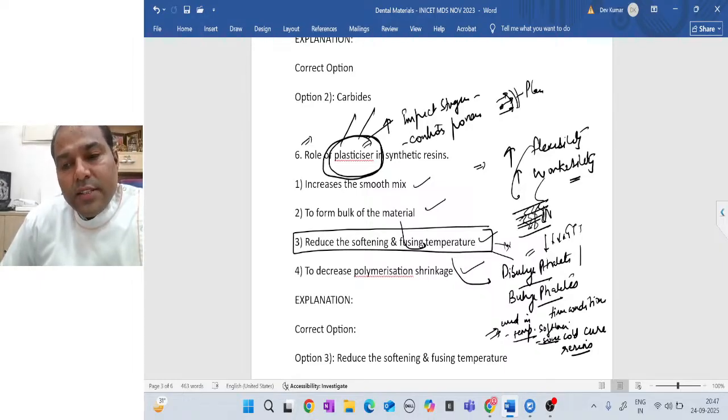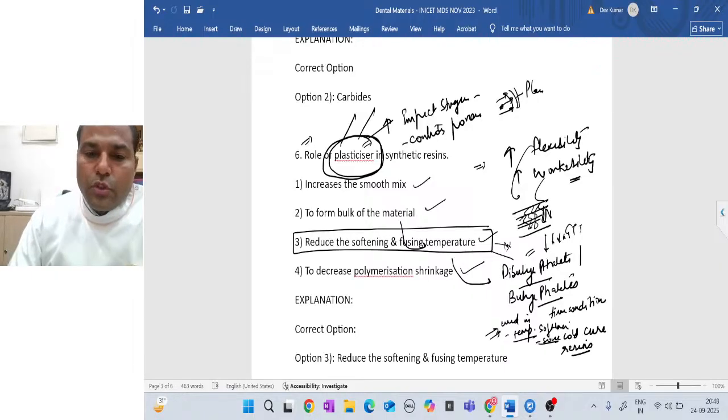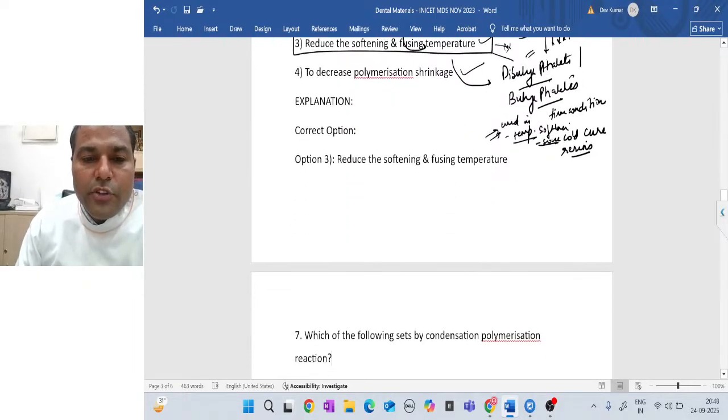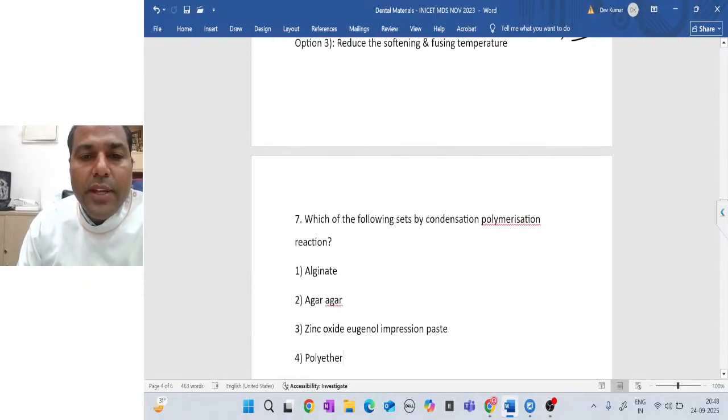So best answer here is reduce the softening and the fusion temperature, okay।